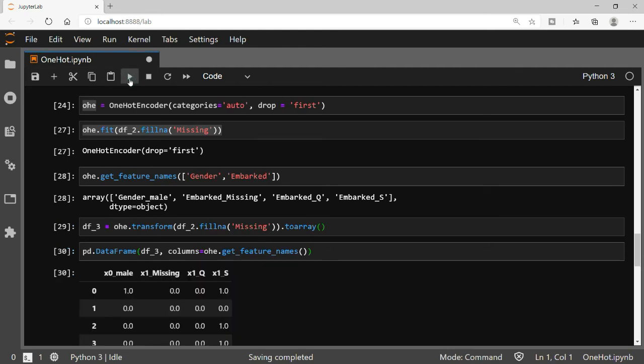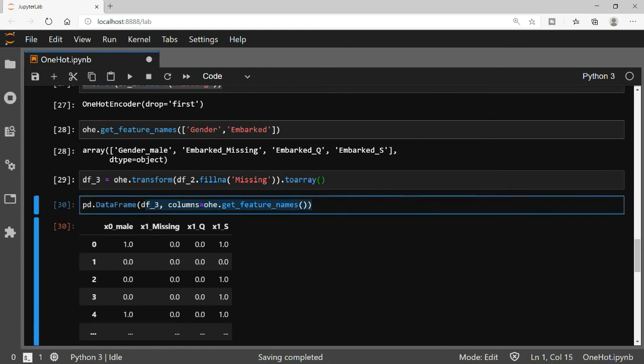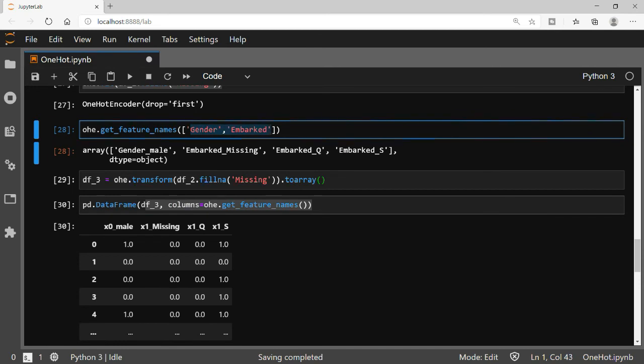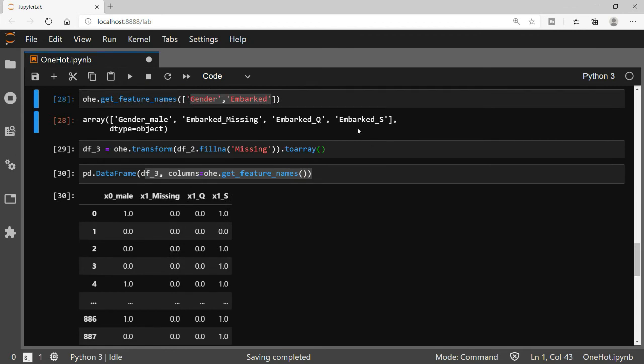Okay, so let me run this, and now you can see this particular line I have written for a purpose. If you see get_feature_names_out, I have provided my feature names or column names, and you can see the output is like gender_male, embarked_missing. Here I did not provide my column names or the sequence of my columns, so you can see that it has automatically created categories as x0_male, x1.